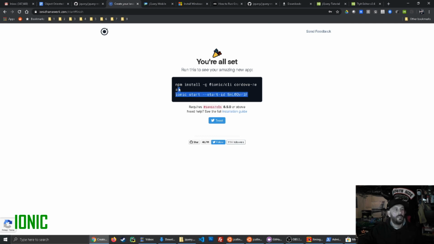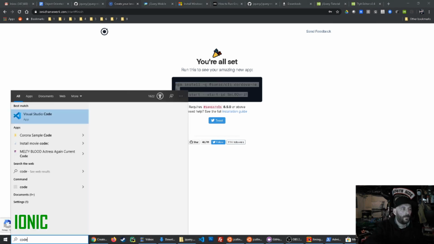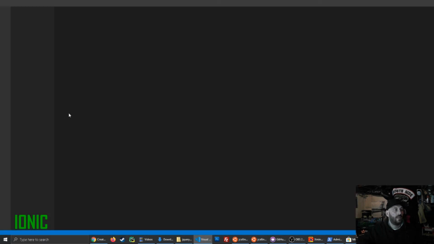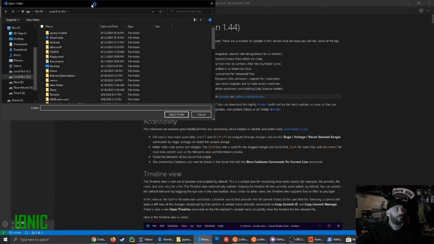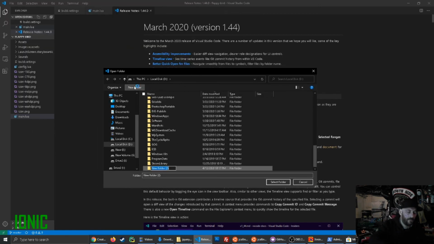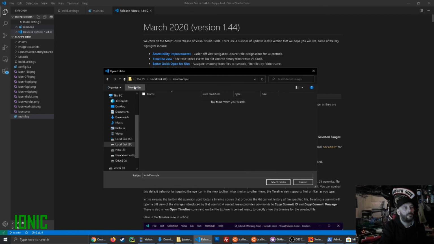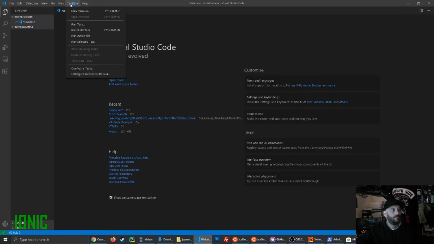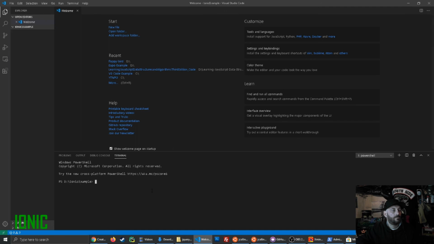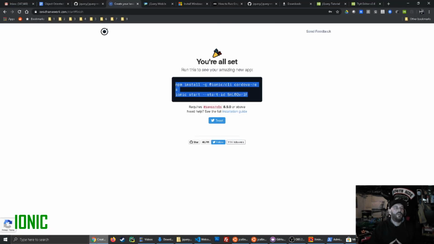So this is really the advantage of using Ionic framework. Once I've done that, let's say I go here, open a folder, and make a new folder, Ionic example. Then I'm running these two commands that they gave me. So after I run this wizard,